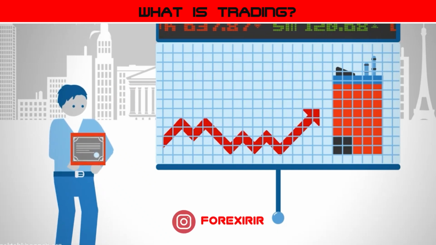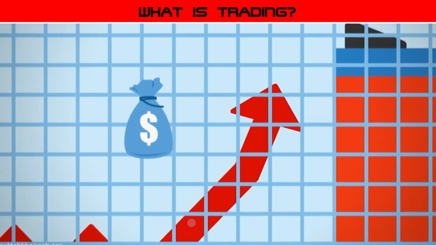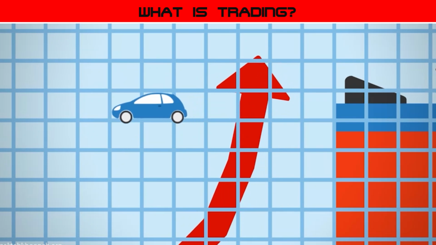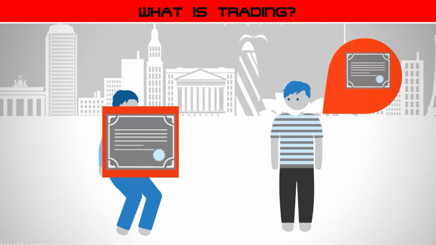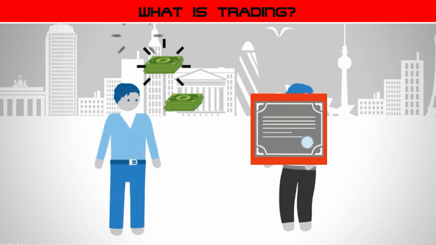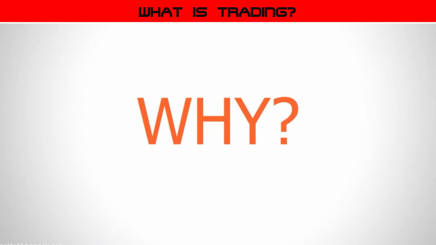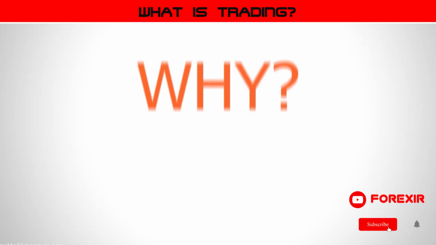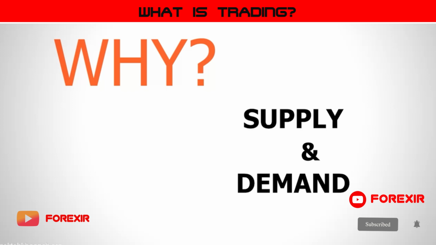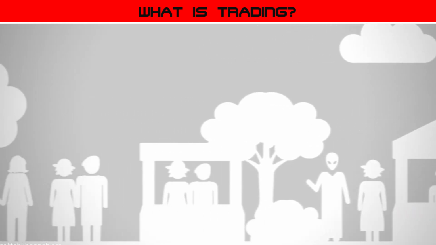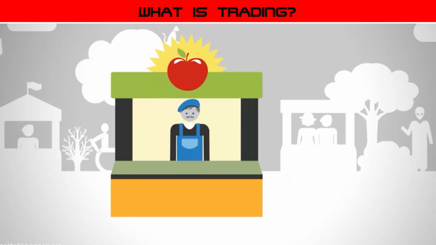So if the company grows, makes a large profit, or brings out a new product, its shares will become more valuable. The person who bought these shares can now sell them to someone else for a higher price and make a profit. Why do these share prices go up? The answer lies in the concept of supply and demand. To explain this, we're going to use the simple example of going to a market to buy an apple.